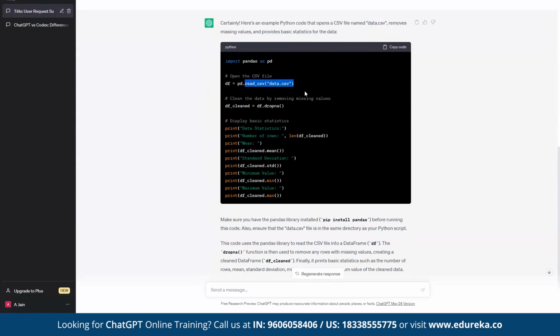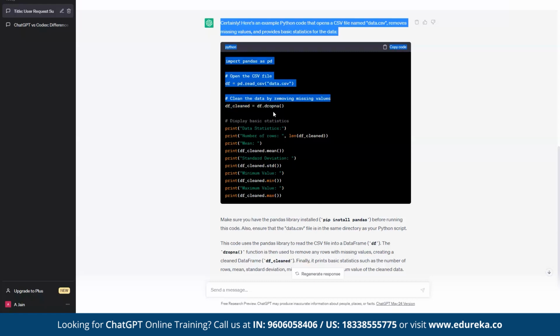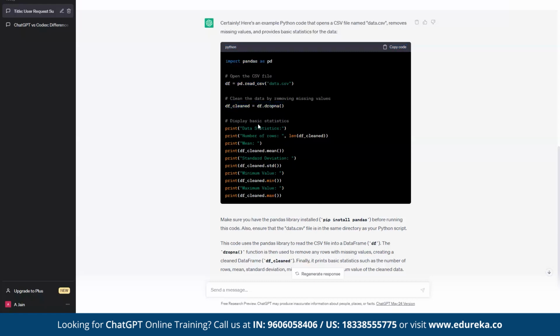It can read that file, as I said. Then I said it needs to remove the missing values. It is writing that and it is removing that. And then I said you need to provide statistics of the data, and it is doing that. How many rows you have, what is the mean, what is the standard deviation. So it has written code for that.